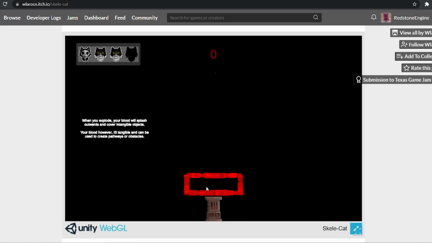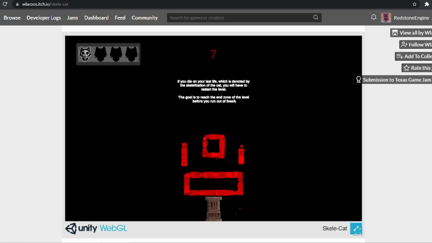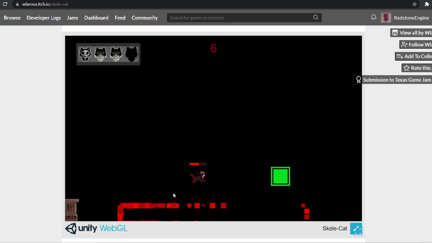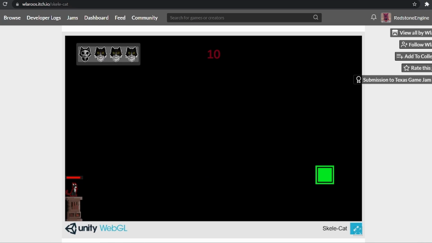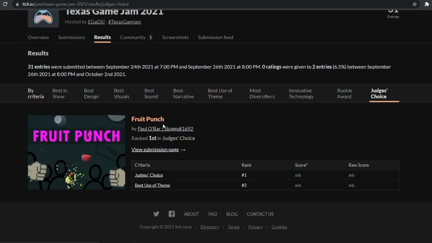But you can see when you explode, your blood will hit any of essentially the box colliders in the area, making something that you can walk on. So you can see before I went right down, and like right here as well, spacebar to jump, right click to immediately explode. So you can see you phase through all of it. But whenever I explode, it then covers up those areas. I don't particularly like a cat exploding, but cool technology either way.